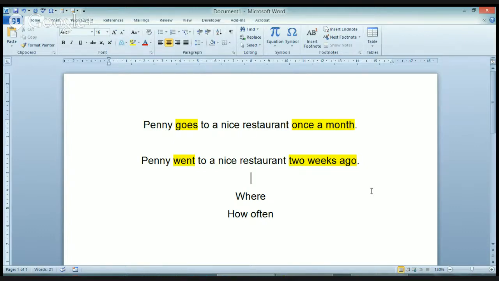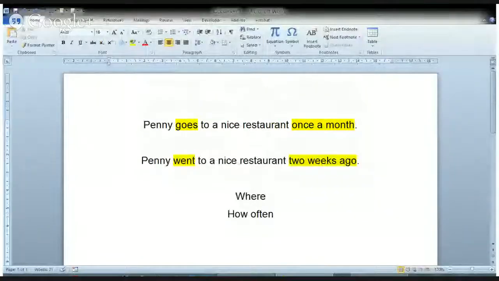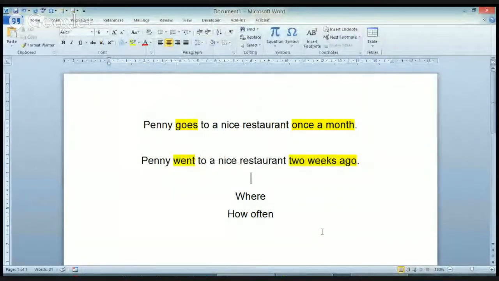Think about auxiliary verb. We need to use a different auxiliary verb, not do, does. Penny went to a nice restaurant 2 weeks ago. Where? Again, we need auxiliary verb after the question word. Where did? Did is auxiliary verb in past simple. Where did Penny went? No,